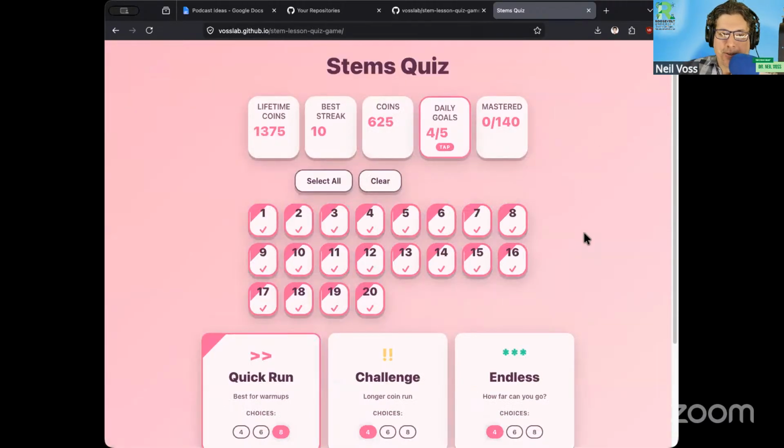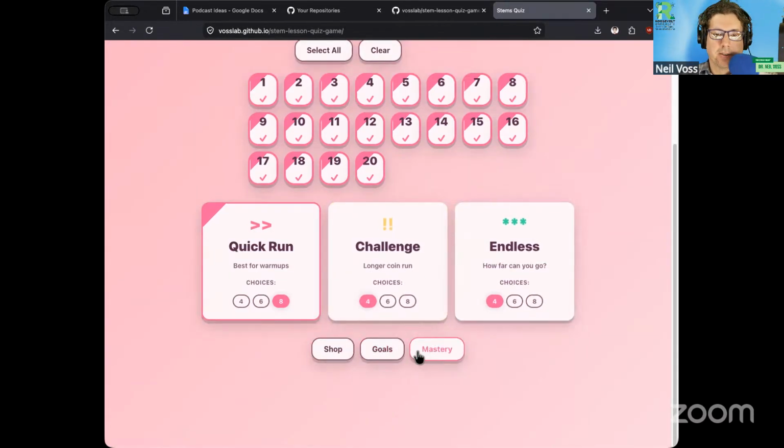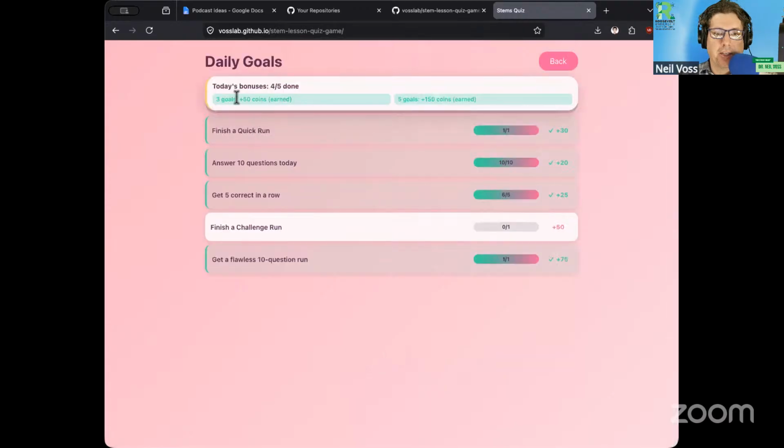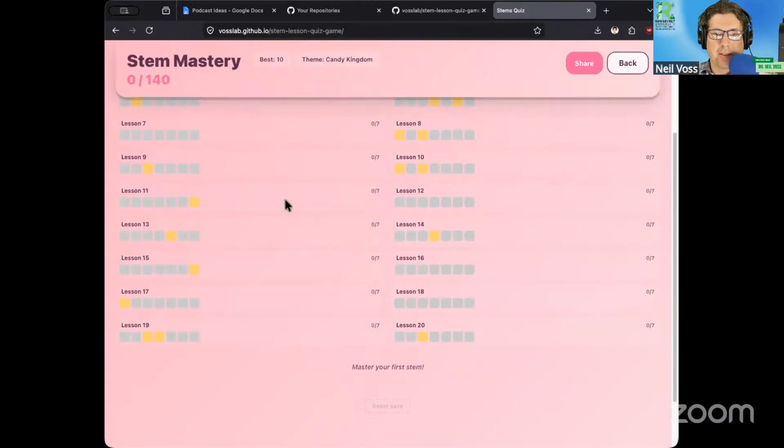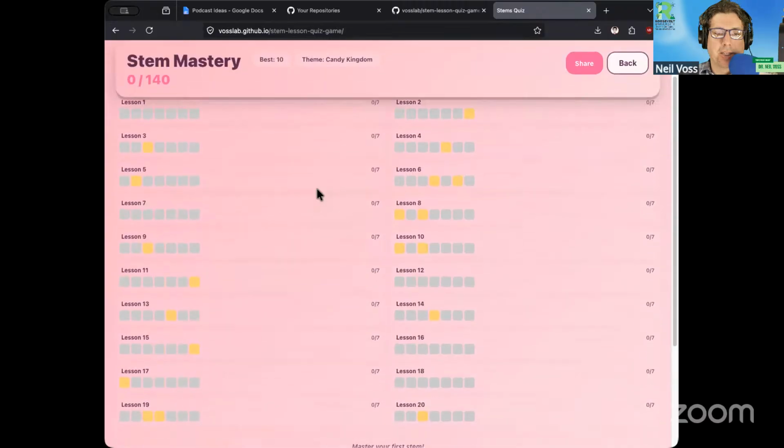Normally I don't do so well, but if you have a good streak, you get bonus coins and stuff. And then there's daily goals: finish a quick run, finish a challenge run, get 5 in a row, 10 today. Maybe that's how I got the fives, I guess. Or you can play the endless, and then it has a mastery thing, which I told it to kind of look like,